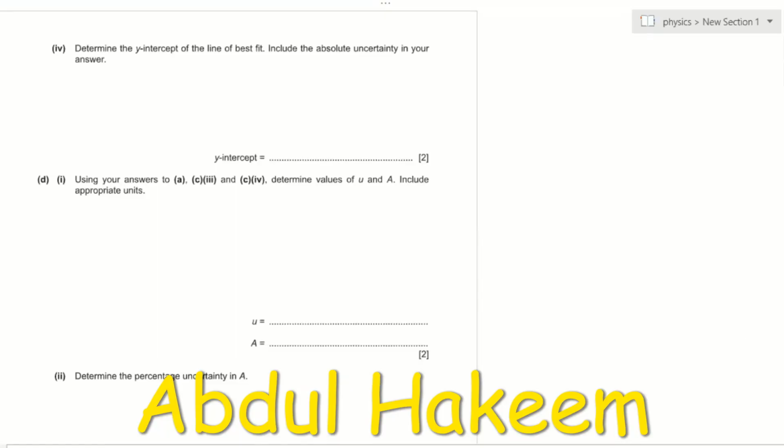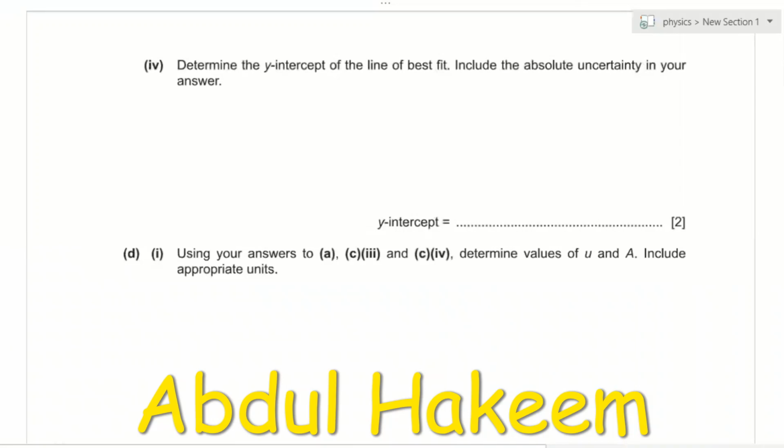In the next part, determine the y-intercept of the line of best fit, including the absolute uncertainty. So we have to calculate the y-intercept for both lines. So y is equal to mx plus c. So c is equal to y minus mx. So this is for the best fit. So we will put here the coordinate of the best fit. Suppose the coordinate of the best fit